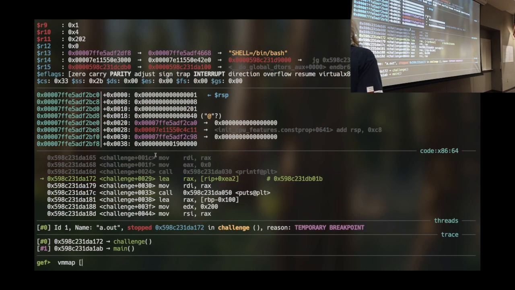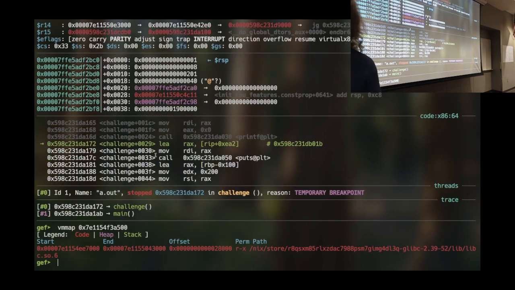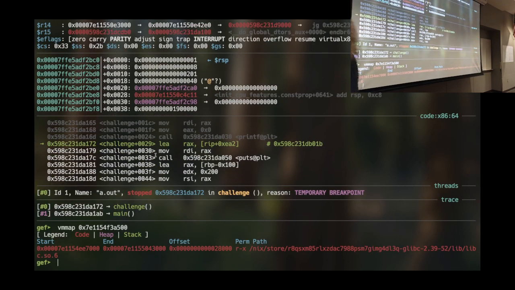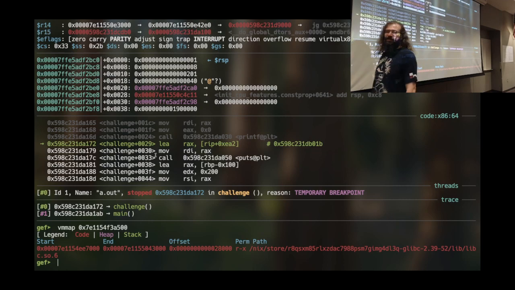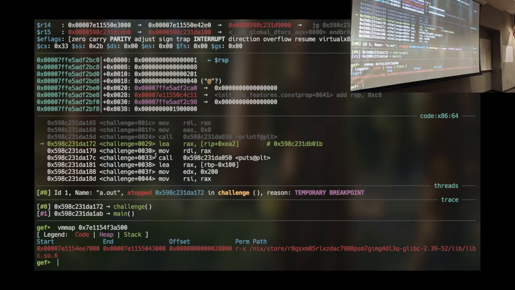Since I have GEF, this is a GEF thing: vmmap followed by the address. I'm sure pwndbg has something similar, I don't know it. If I run vmmap and I specify an address, it will tell me what region of memory this is in. Now, it's a nice long scary string with nix. I'm not going to go into what nix is. Hopefully one day that will not be visible to you. What we really care about is the very end, which is somewhat cut off. It does say libc.so.6. Okay?